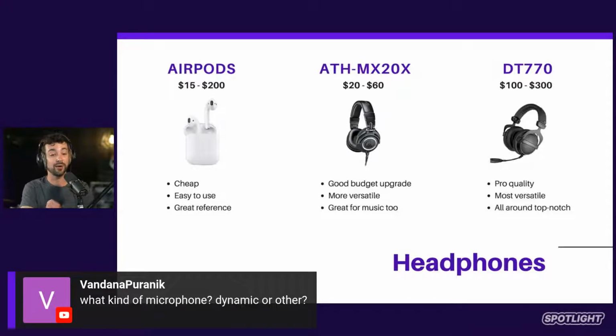Vandana is asking, I hope I pronounced that right, what kind of microphone, dynamic or other? In general, I would say you want a dynamic microphone. All the microphones I listed, from AirPods all the way through to the podcasting microphone and the shotgun mic, all of those are going to be dynamic microphones.